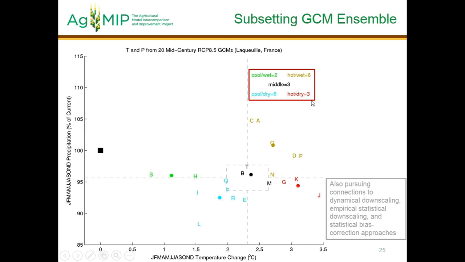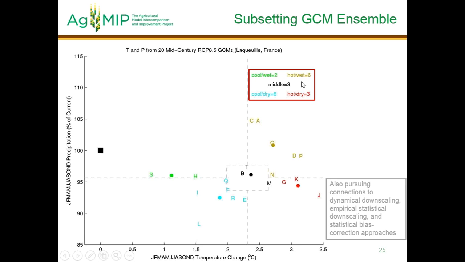There's 6 models that fall under the cool and dry. There's 3 models that fall in the middle. And then this direction is less common, which is the hot and dry. There's only 3 here, and cool and wet, there's only 2. So in this location, what we would do is we would pick a GCM from each of these sections, and